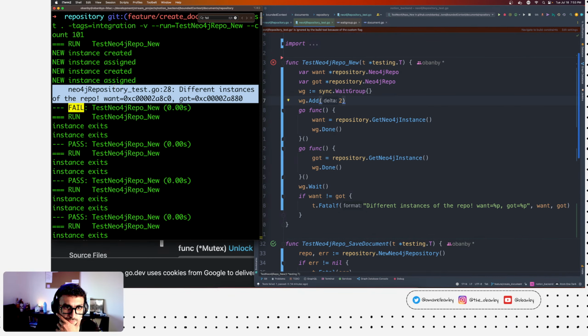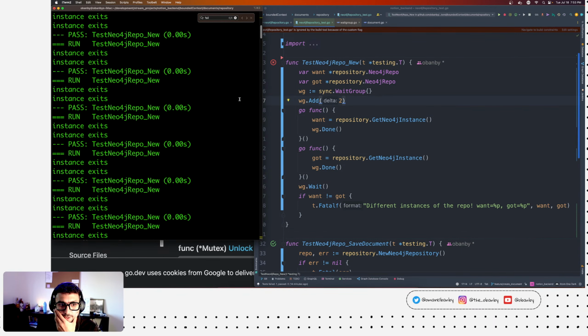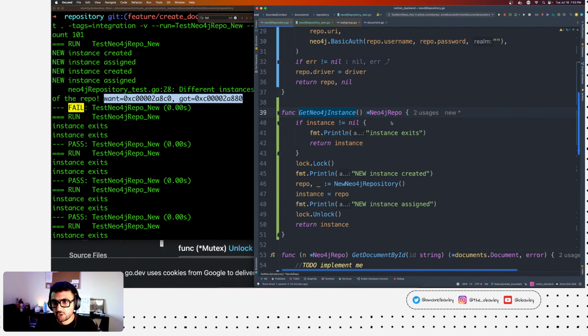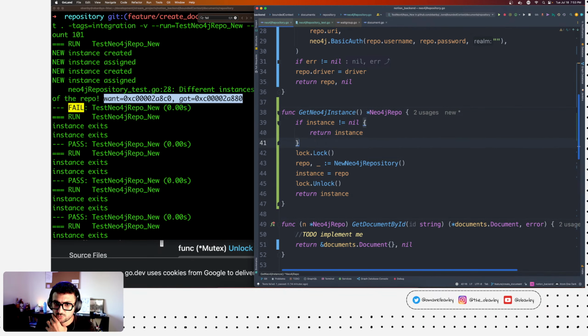So here we're having two different instances, but that's actually truly two different instances. This is not a nil anymore, right? So if we go back here, let's remove these print statements. We no longer need them.